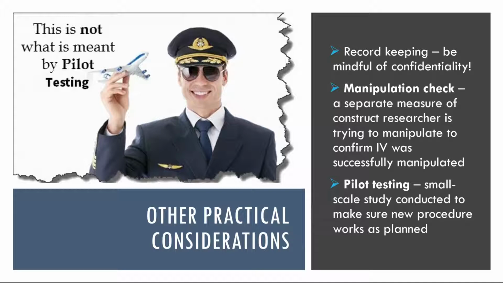For example, researchers trying to manipulate participants' stress levels might give them a paper and pencil stress questionnaire or take their blood pressure, perhaps right after the manipulation or at the end of the procedure, to verify that they successfully manipulated this variable. Manipulation checks are particularly important when the results of an experiment turn out null. In cases where the results show no significant effect of the manipulation of the independent variable on the dependent variable, a manipulation check can help the experimenter determine whether the null result is due to a real absence of an effect of the independent variable on the dependent variable, or if it's due to a problem with the manipulation of